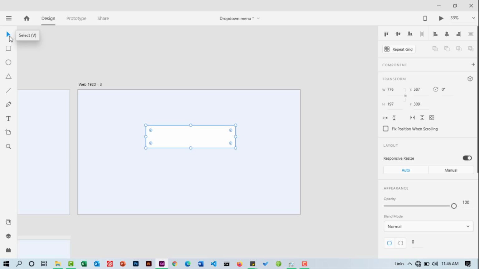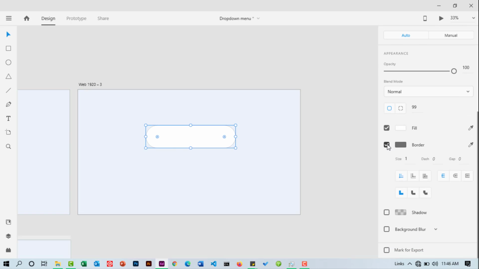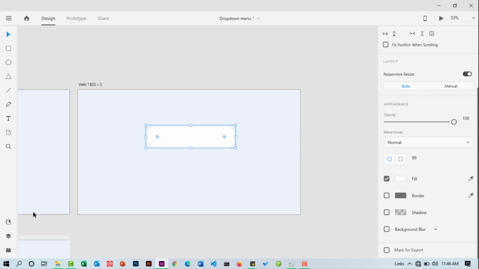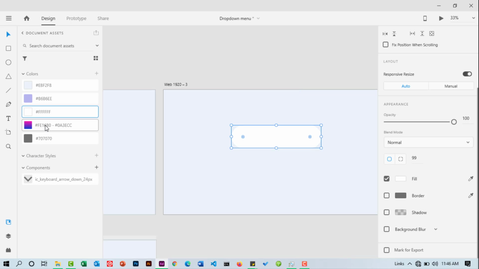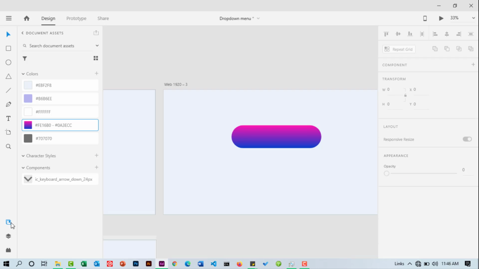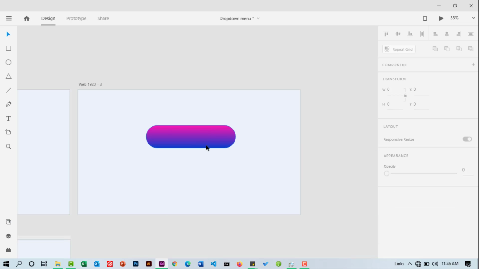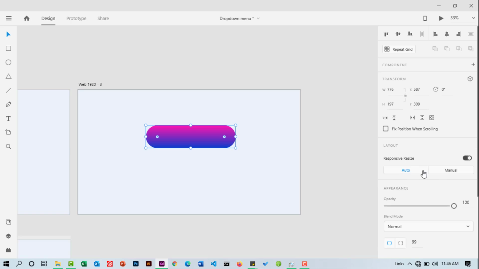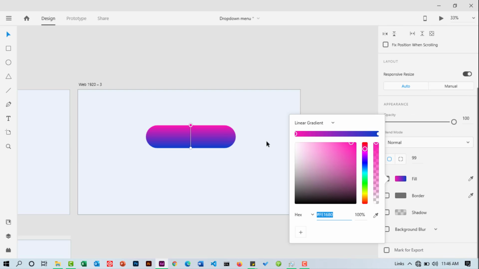And then with the select tool, I'll come and make the corners rounded, and I want to remove the border color, and for the fill color I'll use this gradient. I want to adjust that as usual a little bit, so I'll select it, then I'll go to the fill color, click on it, and with the handles I'll just come and adjust them like this. I always wanted to have that diagonal look, so maybe